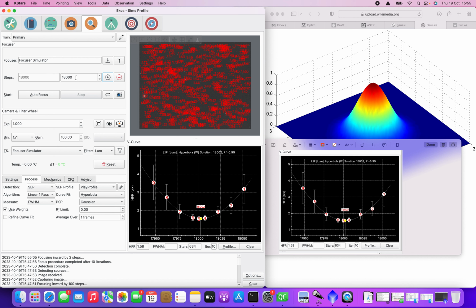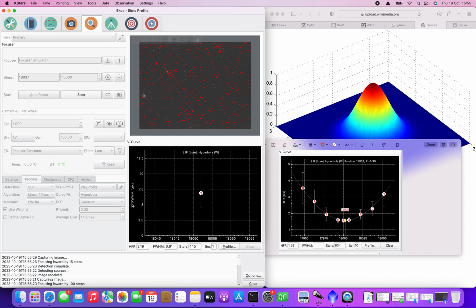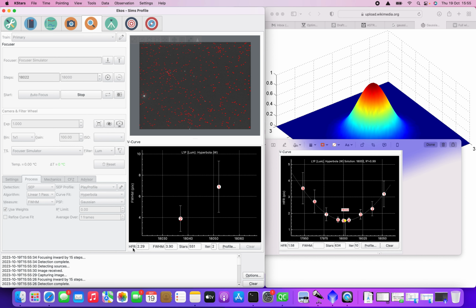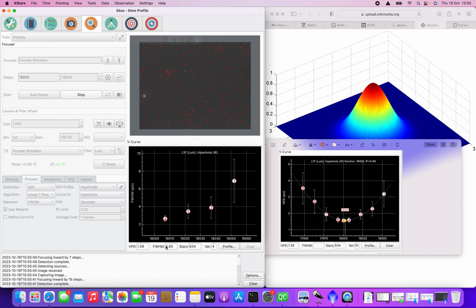I've just reset the focus to where it was when I ran with HFR, just so we get a comparable result with FWHM, and then hit autofocus. So what's going to happen? The axis label has changed to FWHM. Kstars will still calculate HFR, but in addition, it will start calculating the FWHM, and the FWHM will be what drives this curve. So the HFR is really just for information, but the curve fitting process is being driven now